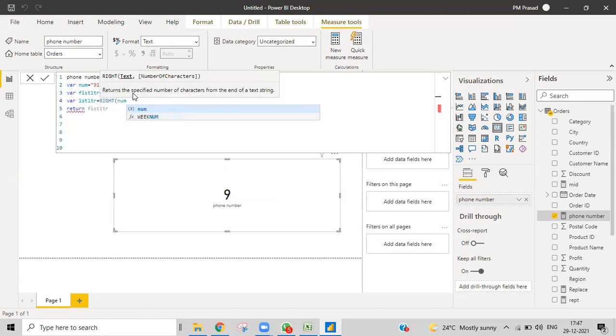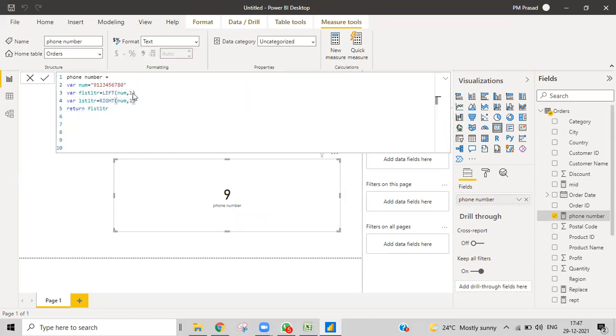Again, I want to get 1 character from the right side. Then Control C, Control V. I want to see the output of this third variable. You can see the third variable output is 0, which is the last character of this one.